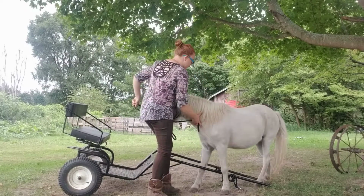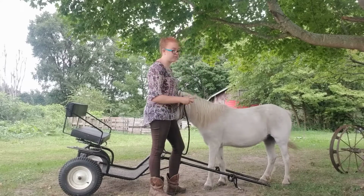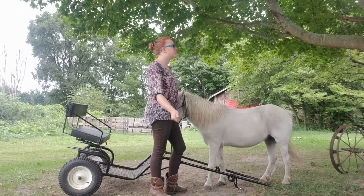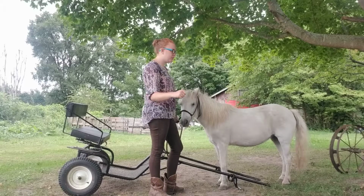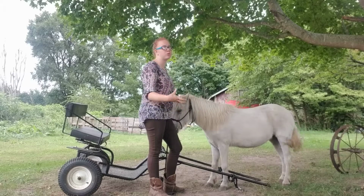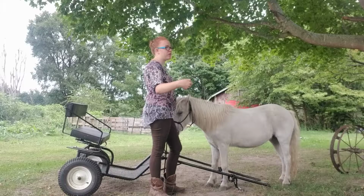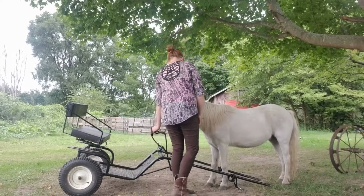This is an easier way to show them the cart than trying to back them in it the first time. Especially because with my minis, I'll sometimes just lift the cart and lift the shafts up and over their back. Sometimes I'll back them into it, and other times I'll pull the cart up into them. But the majority of the horses that I work with, I can just pull them up beside them and push over the cart and over the shafts of the cart. And usually